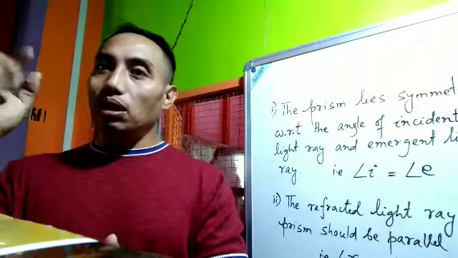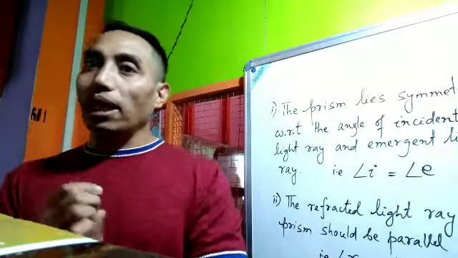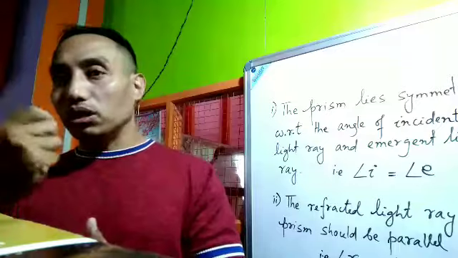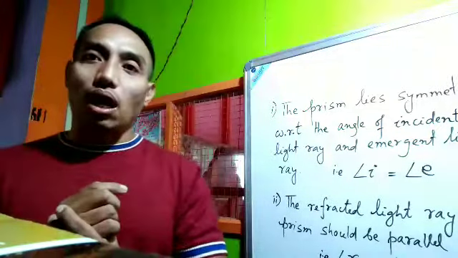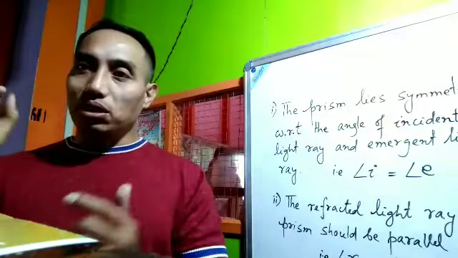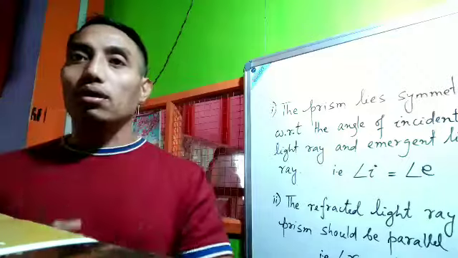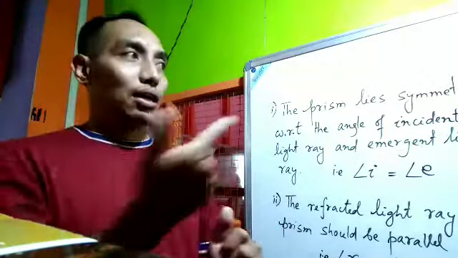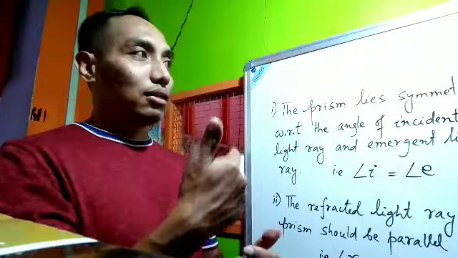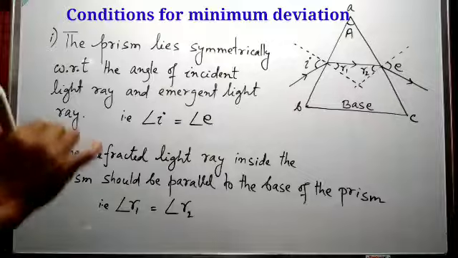Here r1 and r2 are equal. The refracted light ray inside the prism is parallel to the base of the prism. Let us see this with the help of the diagram of the